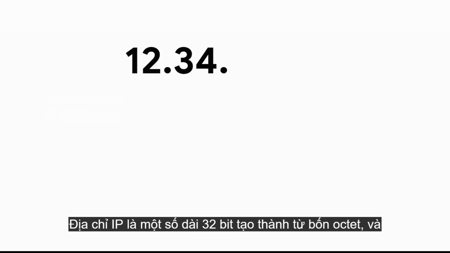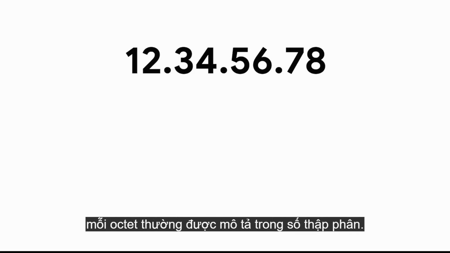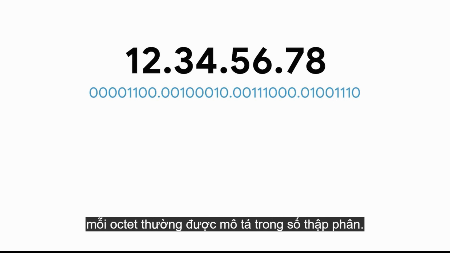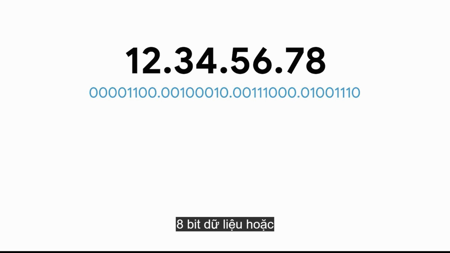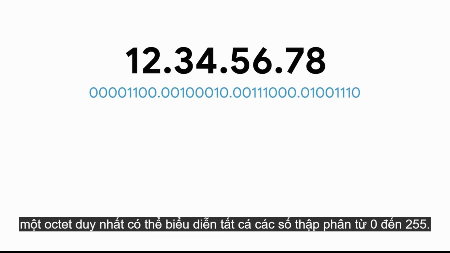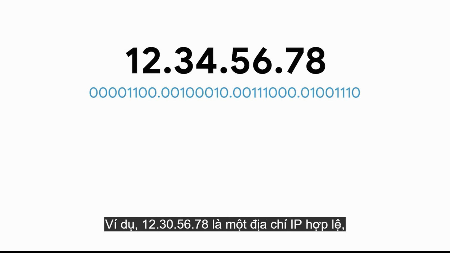IP addresses are 32-bit long numbers made up of 4 octets, and each octet is normally described in decimal numbers. 8 bits of data, or a single octet, can represent all decimal numbers from 0 to 255. For example,